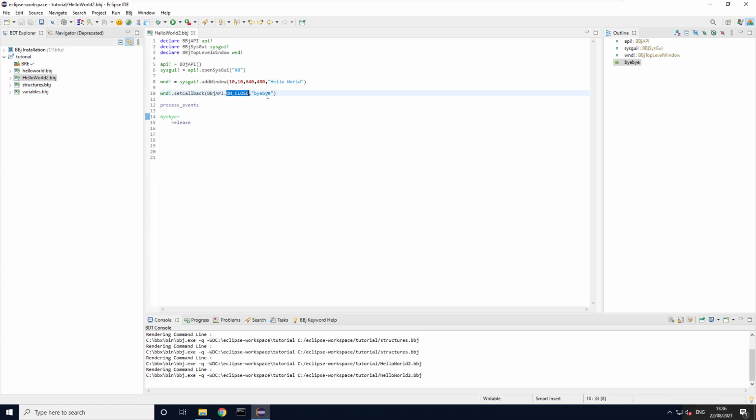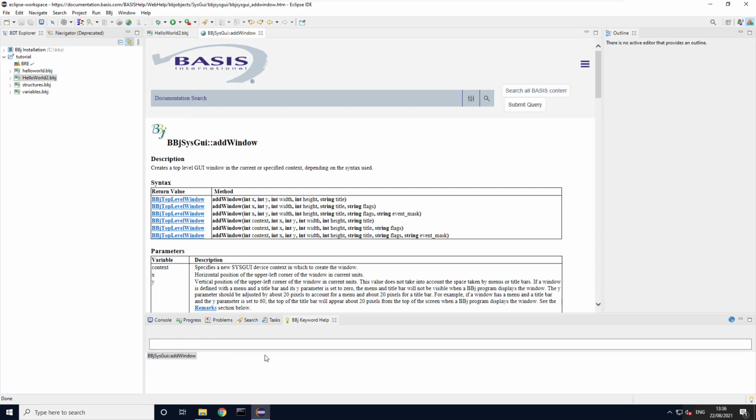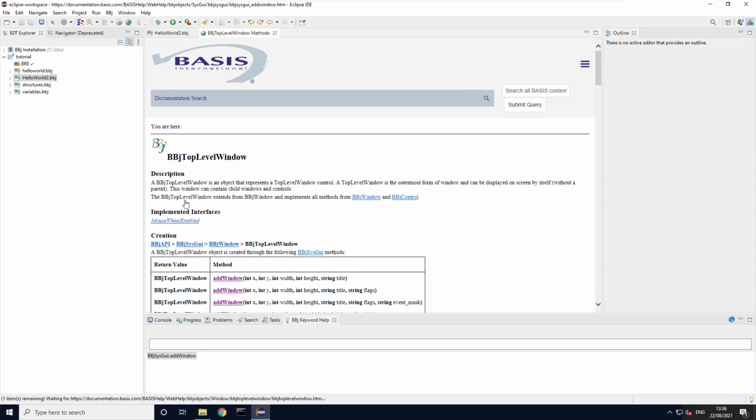And there is a downside, which is probably an oversight from the past. By having all these event constants under the BBJ API, it's not easy for you to determine from the code completion which one goes with my window, because the BBJ API offers you events that go with buttons or list boxes or combo boxes or whatever. And so what you will want to do, especially in the beginning, is you will want to use the keyword help